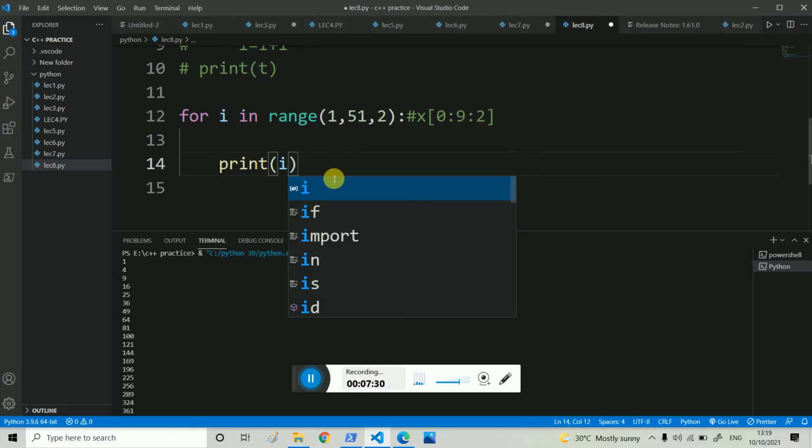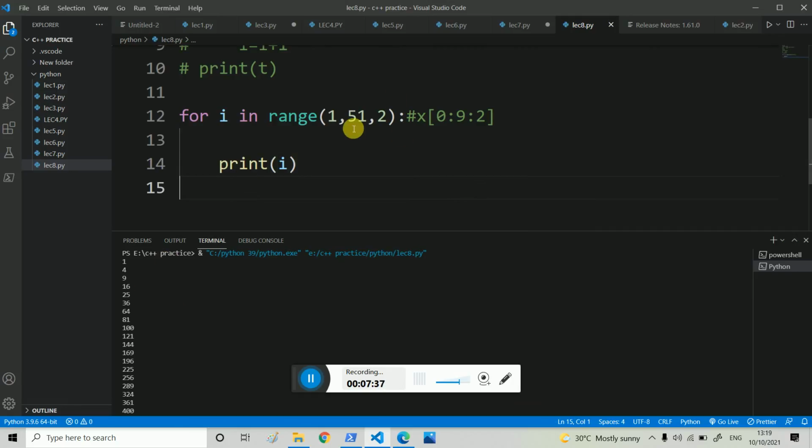Print i, so simply it will print i. First the i is 1, and then with the step of 2, let me run it.